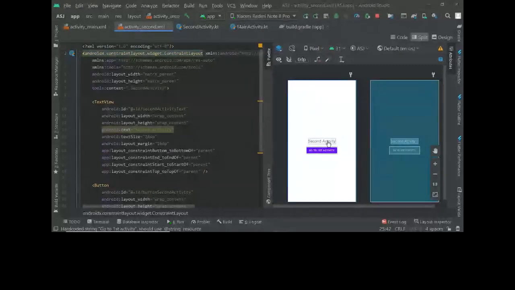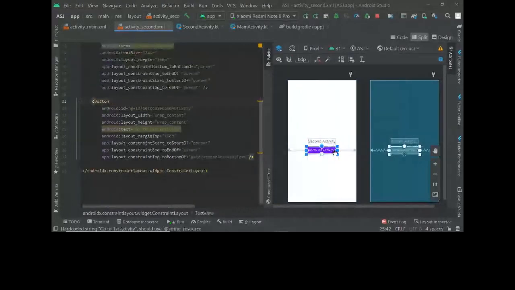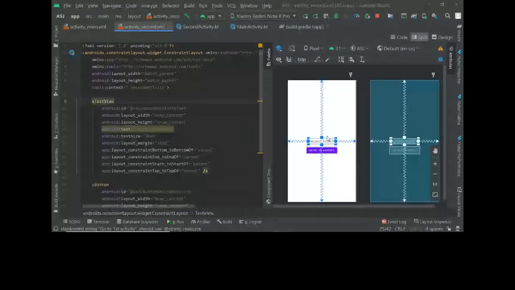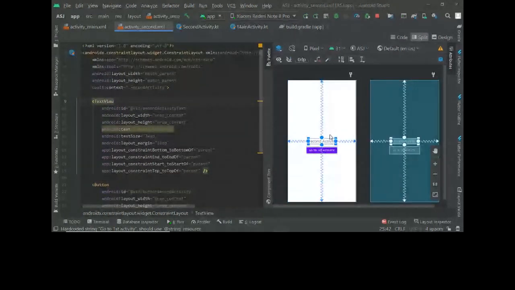You get a picture, right? Somewhat. So now, as you can see here, this go to first activity button is constrained to second activity. If I want to move this second activity down, you don't have to move this one again. It will move as the second activity moves down.